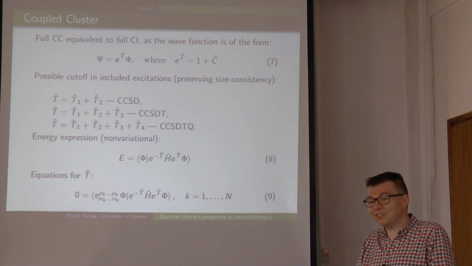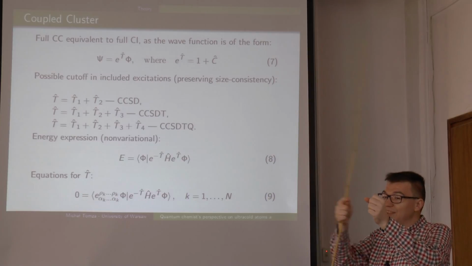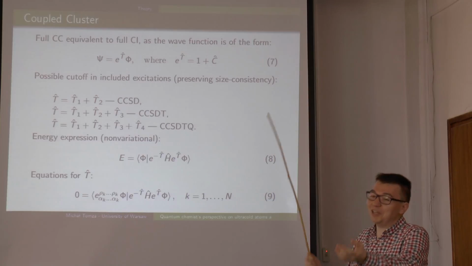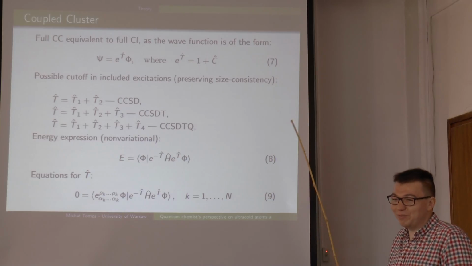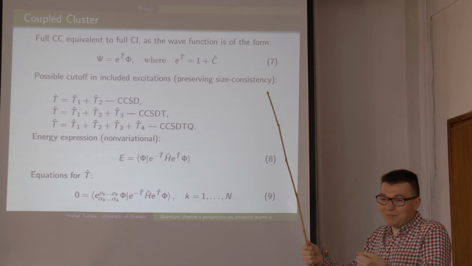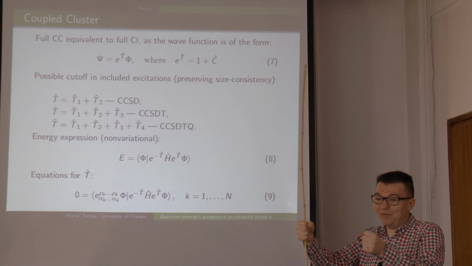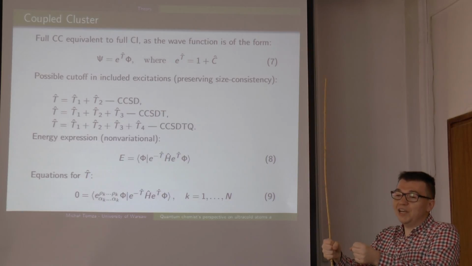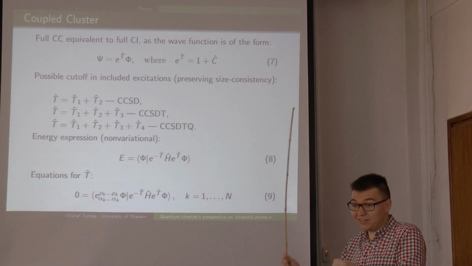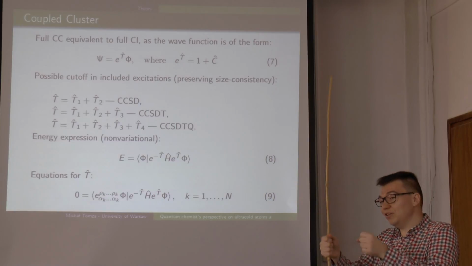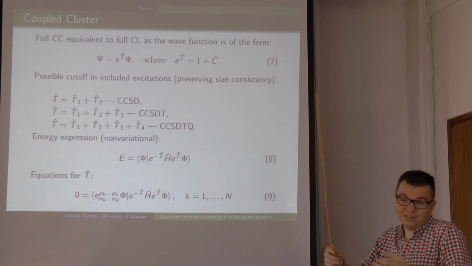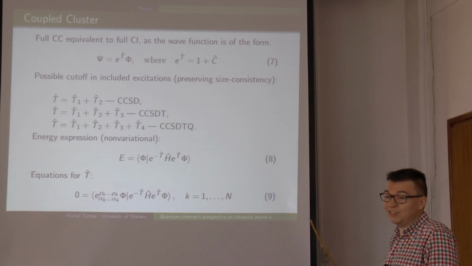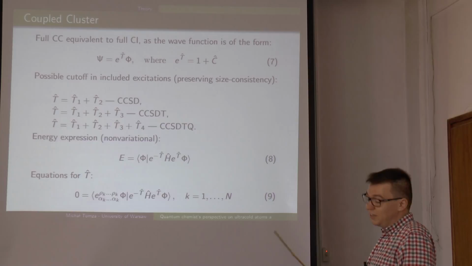But for example, you can imagine the situation that you have these two systems and some weak interaction between them, and then in the weak regime you can apply perturbation theory that will still be size consistent. But I can imagine regimes, for example, interaction between two atoms at short range, where this method, the truncated configuration interaction method, will be problematic. You cannot apply perturbation theory because it will diverge. And then you need the method that is size consistent, because in fact what you really need is the interaction energy.